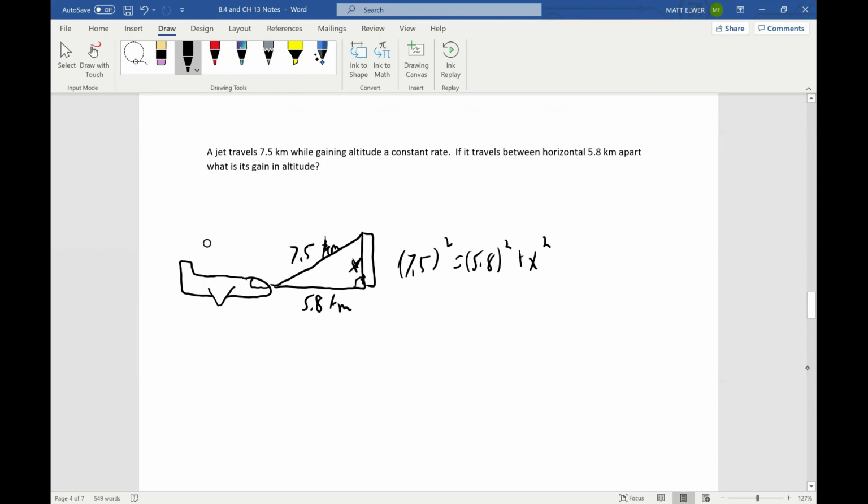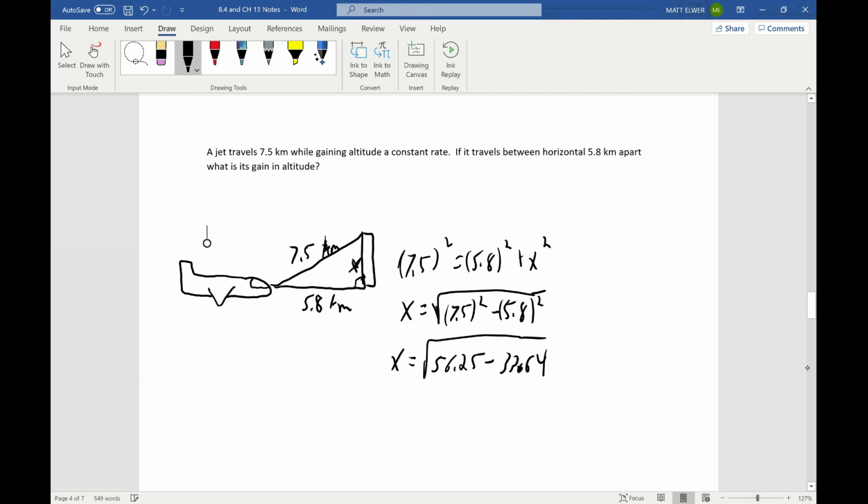So if I want to solve for x here, we'll just have x here. We have, that's the square root, because I'm going to take the square root on both sides, right? 7.5 squared minus 5.8 squared. Right, so I'm kind of omitting a few steps, but all we're doing is subtracting the 5.8 squared on both sides and then square rooting both sides. So we get x is equal to, you can take the square root still, 7.5 squared is what? Should be 56.25 minus 5.8 squared, which is 33.64. If I subtract those,